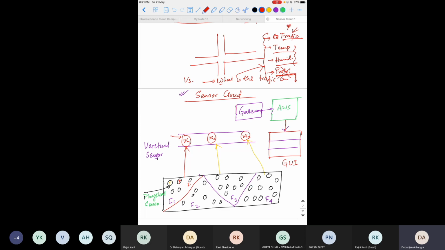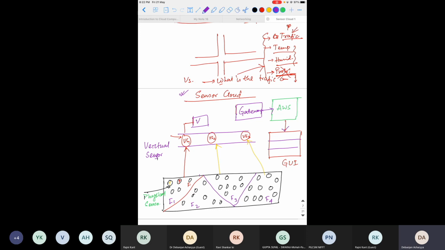It gives you the understanding for a particular area, and that is the combination of the data coming from the different physical sensors. That is how the virtual sensor is very important in the industry as well as in Industry 4.0. That is the concept on the basis of which the sensor cloud is formed. Similarly, if you have lots of sensors, you need a virtual sensor group also.